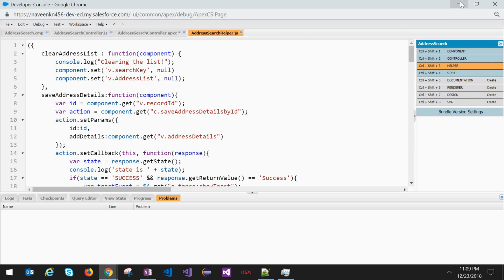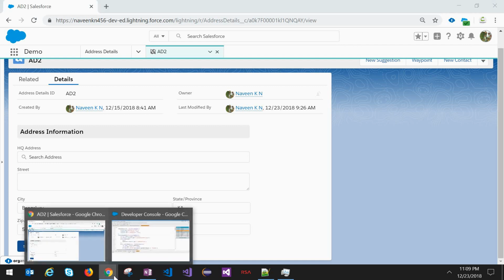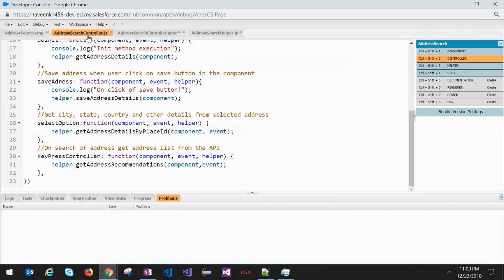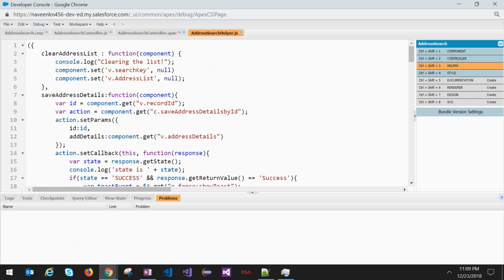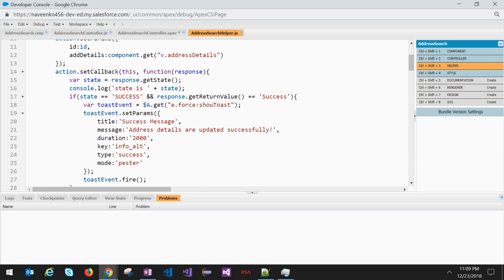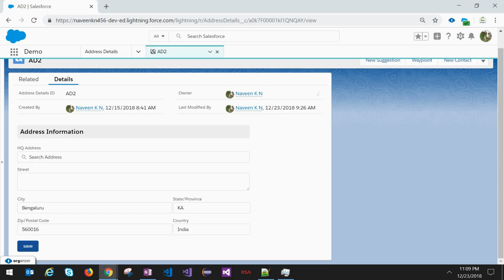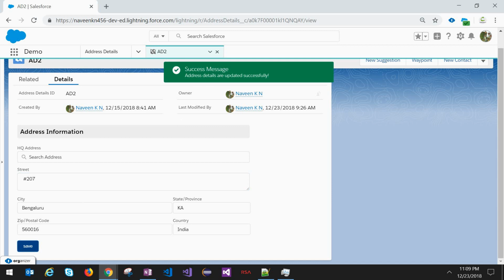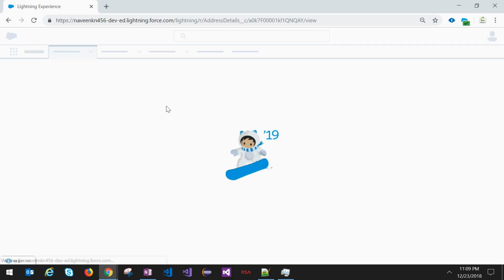Whenever you save that, we have another function, save address. Again in the helper we have another thing. In save address, I'm sending all the details, and we are showing the toast message on the UI once the records are successfully stored in the object. Consider in this case there is no street, I will enter something and I will click on save, so the details will be stored. Once you refresh it,